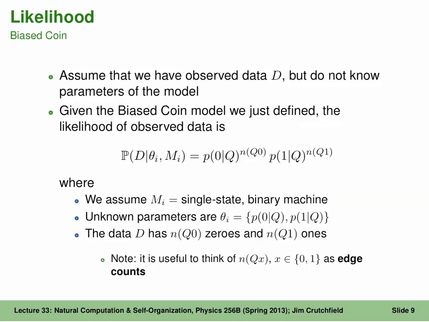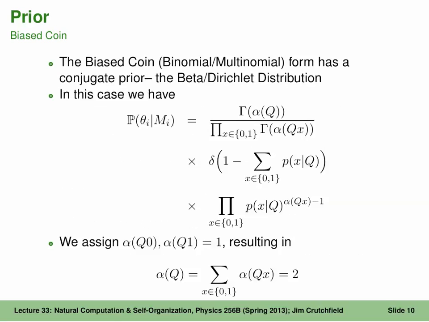And the data is these two things. And as I've been saying, think of these things as edge counts, because that will be important later. All right. So then we get to the prior. This is the next element of Bayes' theorem. And so it turns out this particular form,